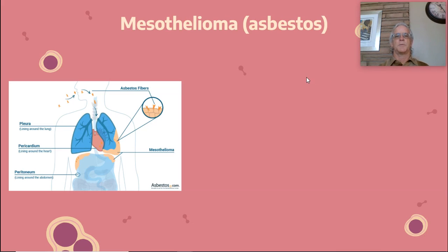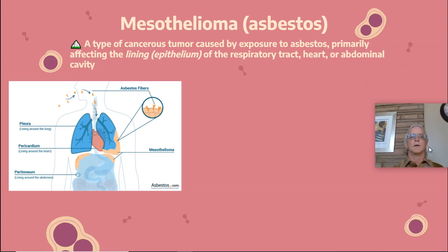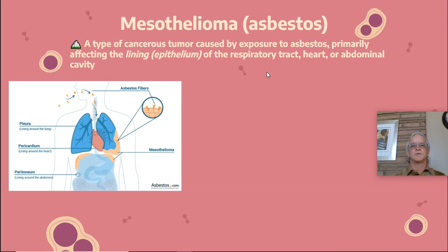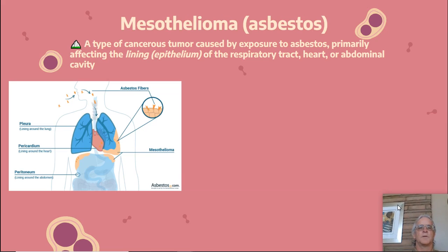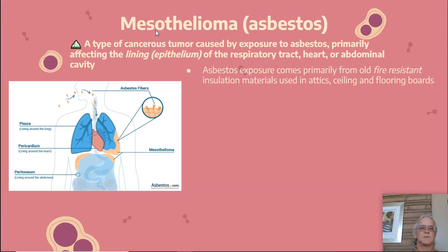Mesothelioma is another problem. It's a type of cancerous tumor caused by exposure to asbestos, primarily affecting the lining of the respiratory tract, the lining of the heart, or the lining of the abdominal cavity. So what happens is the asbestos breaks off